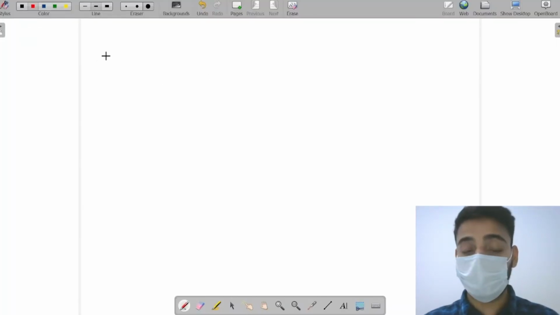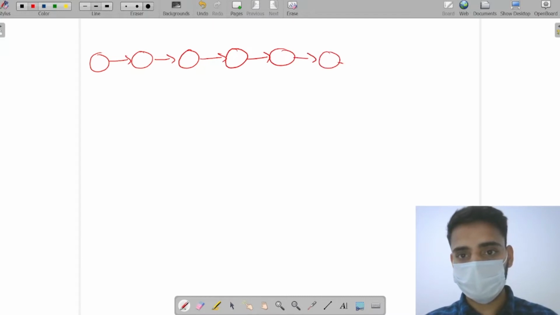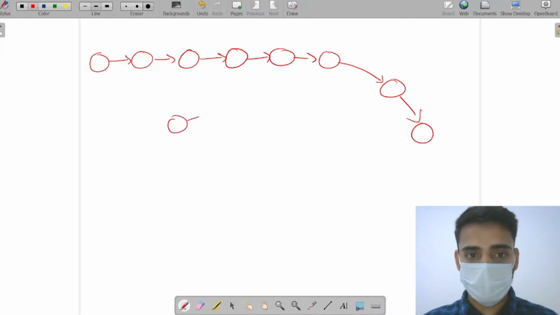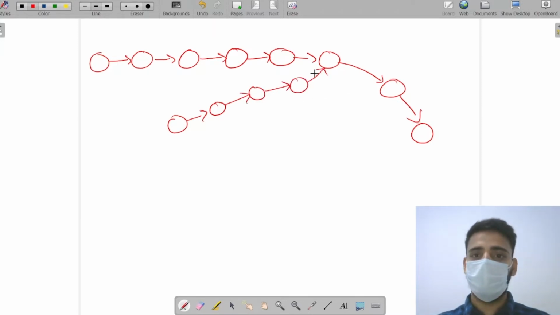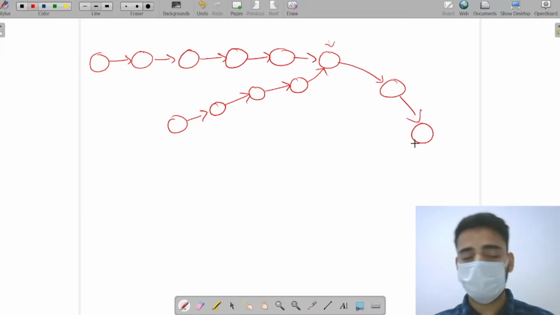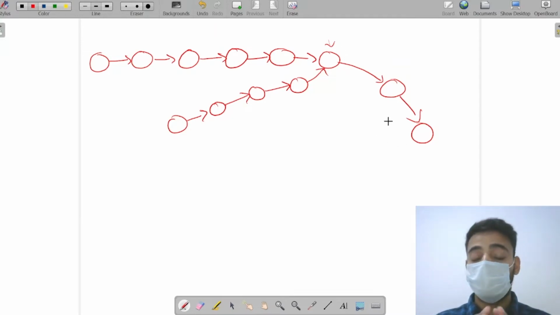Now let me draw the linked list first. This is the first linked list that we have. Let me draw it completely. Okay, this is done. Just suppose this is the first linked list that we have, and the second linked list starts from this point. Okay, here and here. Though they both meet at this point, and after that they both have this common list. Okay, so as it is very clear that it is a difference method, it means we are going to